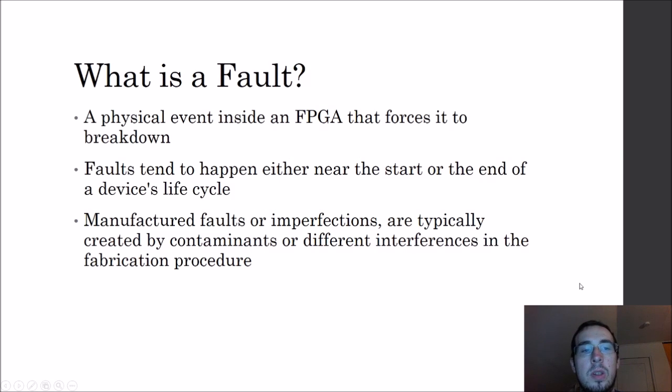Most digital devices will suffer from a manufacturing imperfection or just begin to degrade over an extended period of usage. This is known as a fault. In definition, a fault is a physical event inside an FPGA that forces it to break down and ultimately stop running. Faults will tend to either happen at the beginning or the end of a device's life cycle. These manufactured faults or imperfections are typically created by contaminants or other interferences that will occur within the manufacturing procedure. This can include dust or other particles getting onto the board and interfering with connections or wires, causing the board